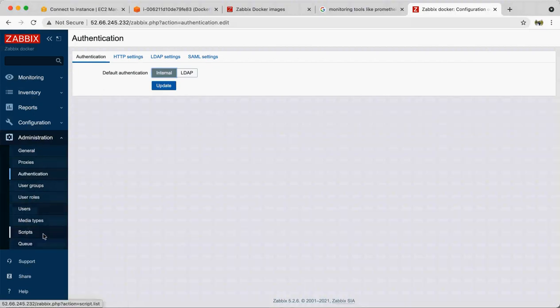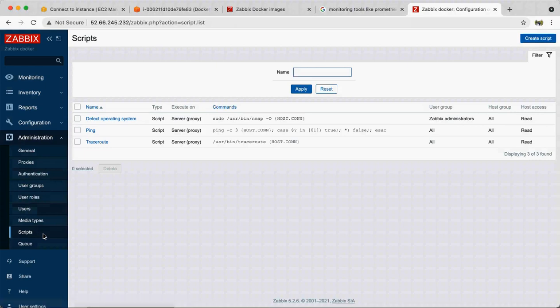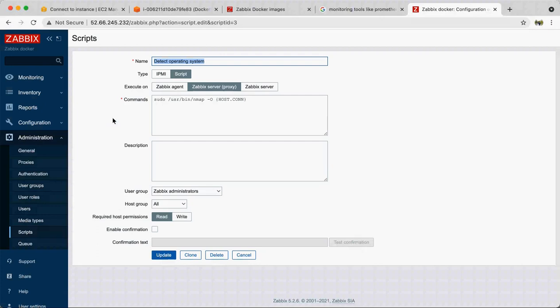It also provides a functionality where you can write your own scripts, because some functionalities might not be available by default. For example, let's see this example itself. They have created this script which will detect the host, basically the operating system type.